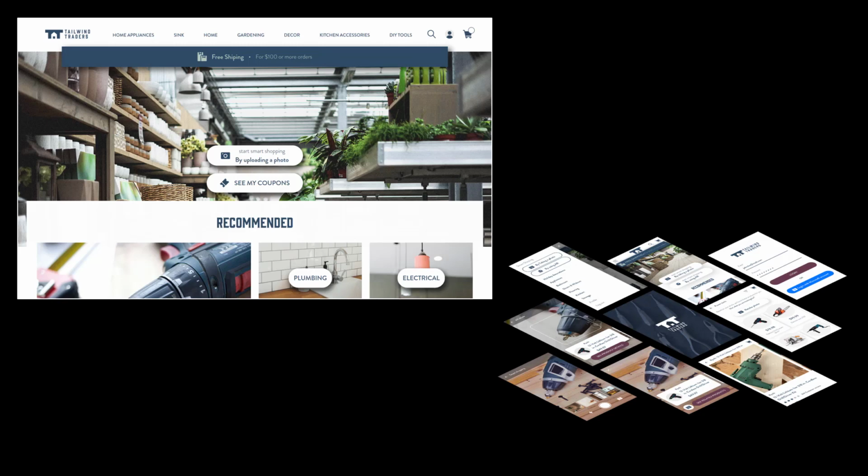In this demo, we're going to take a look at the support ticket system at Tailwinds Traders and how we can use automated machine learning to help their support ticket team. So Tailwinds Traders is a fictitious retail company, and their amazing development team have created this fantastic website as well